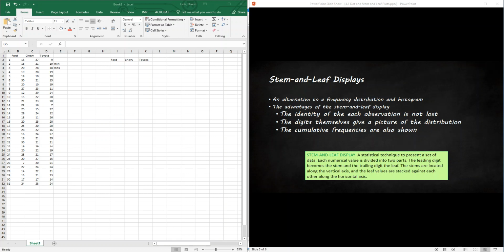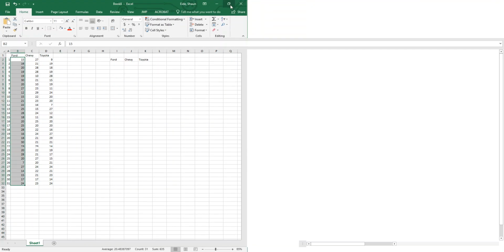The stems are located along the vertical axis, and the leaf values are stacked against each other along the horizontal axis. Okay, so let's show you how to do this. I'm going to get rid of this. There's a really easy way to do this in Excel. The first thing I'm going to do is sort the data